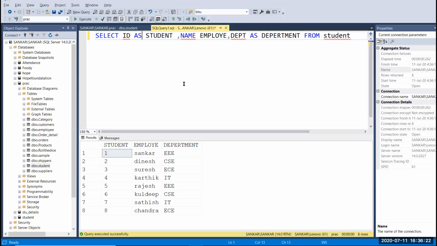So here AS is not necessary. You can pass your alias name with just a small white space. Here also I have not used AS. Just give simple spacing and give your alias name. Now you can see id is changed into student, name is changed into employee, and dept is changed into department.